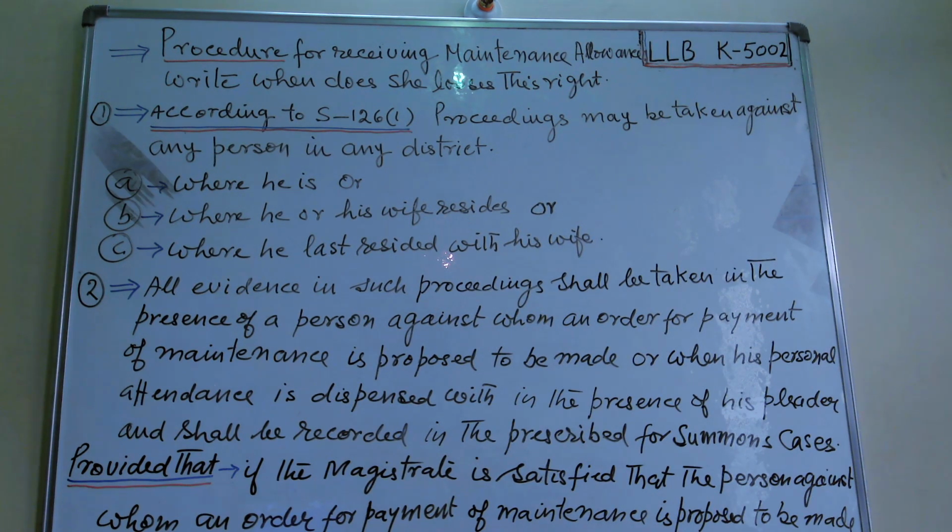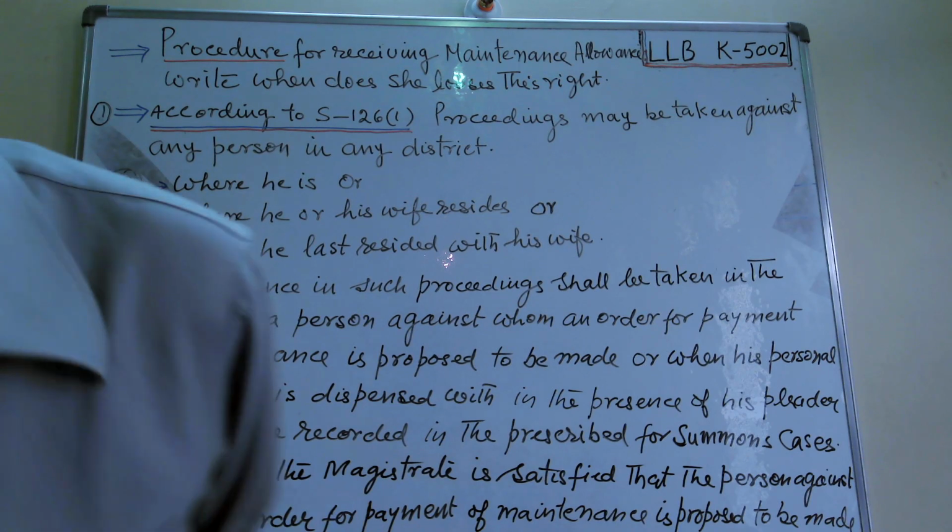Second point. All evidence in such proceedings shall be taken in the presence of the person against whom an order for payment of maintenance is proposed to be made, or when his personal attendance is dispensed with, in the presence of his pleader, and shall be recorded in the manner prescribed for summons cases. Provided that if the magistrate is satisfied that the person against whom an order for payment of maintenance is proposed to be made